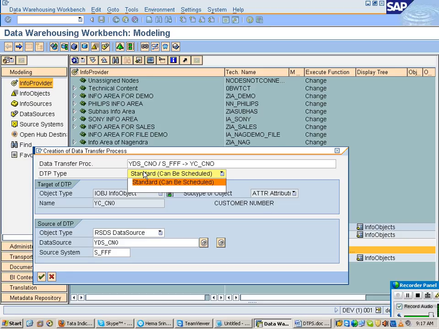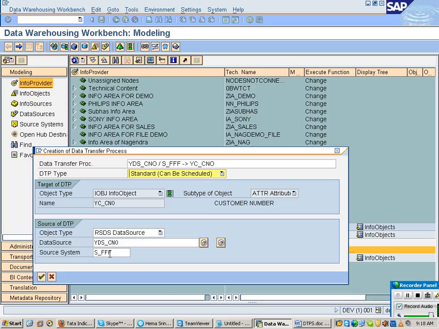Out of 4 types, it is taken as standard DTP. Why has it been taken as standard DTP? Nothing to do with file or something. Did I specify it anywhere? Without specifying, how will it take?